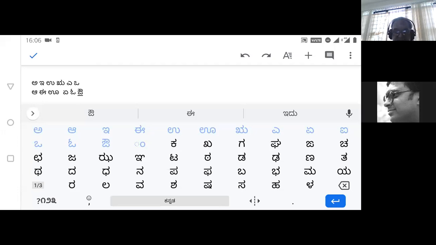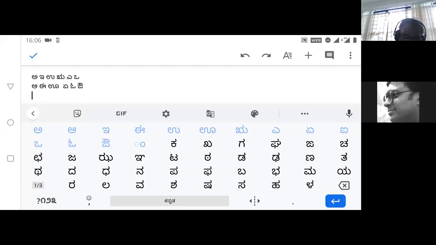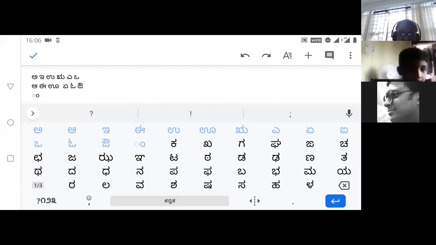And if you see on your collection of letters on the screen, you will find there is something with a 0, and there's also one more character which comes in later.